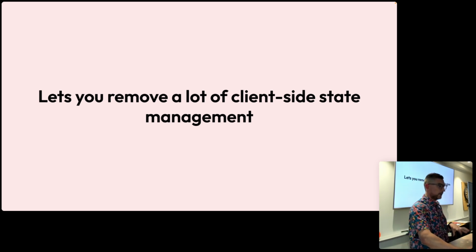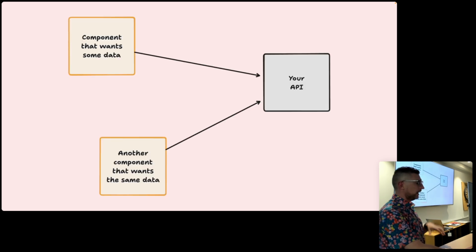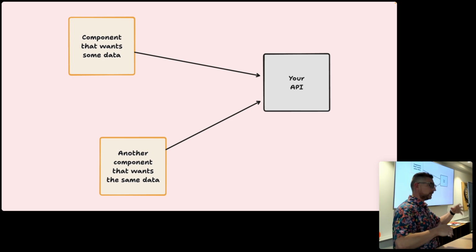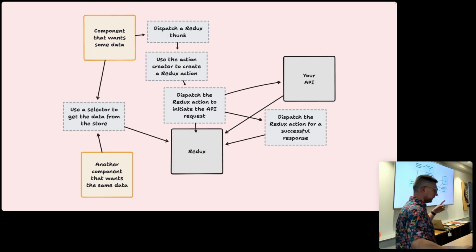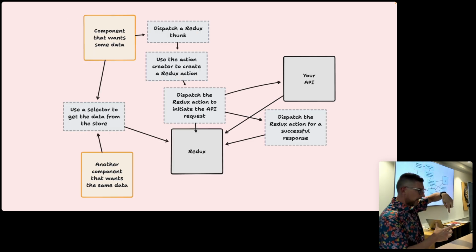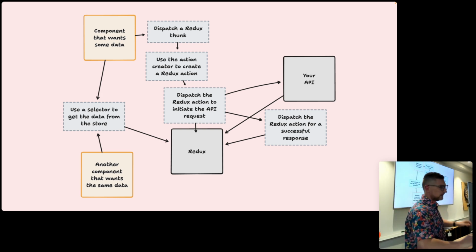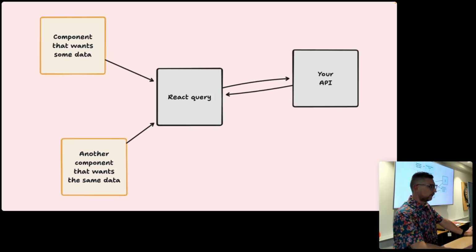When I came into the legacy app that I'm responsible for at the moment, it was using Redux to do a lot of the API calls. So you have these two components, and they both want to call the same API, but you don't want to call the API twice. You just want to call it once, and they both want access to the data. The Redux solution to that is you introduce a store, and then one of the components is going to dispatch a Redux thunk, and it's going to create an action which is going to kick off the API. Data's going to come back, it's going to put it in the store. You're going to get it from a selector. It's a lot, and you're writing all that code. That's not generated. That's code you have to write each time you want to do a new one of these. It's quite painful. And obviously there's better ways of doing that now, but